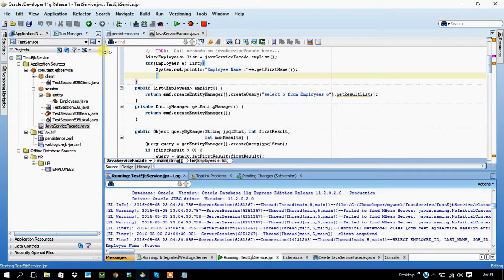You don't need to go for a deployment. If the code works in the Java SE client, you simply copy and paste it in your EJB bean, and then you can directly go for the deployment, and it will work. This is just to make your work faster.